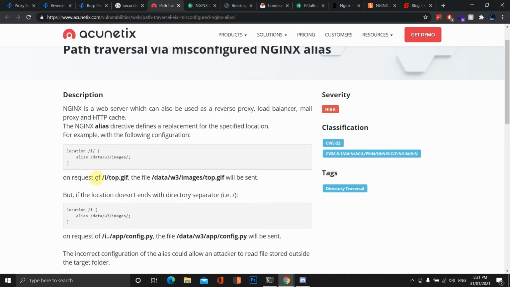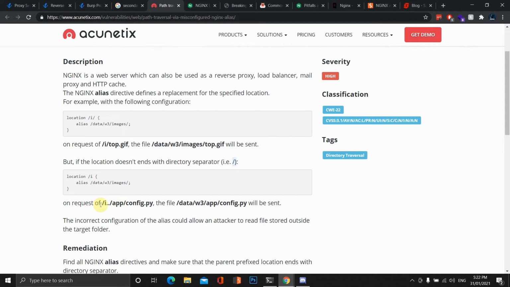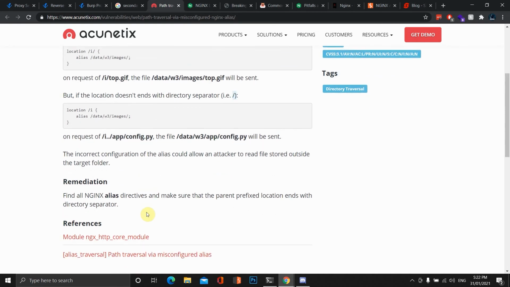Say we want to request top.gif. The file then goes to the data /w3/images and will be sent back to the user and displayed. But what happens if this location, this /i, doesn't contain the separator, the / separator? Well, then it's vulnerable. And we can then retrieve files on the file system, also known as a partial reversal vulnerability